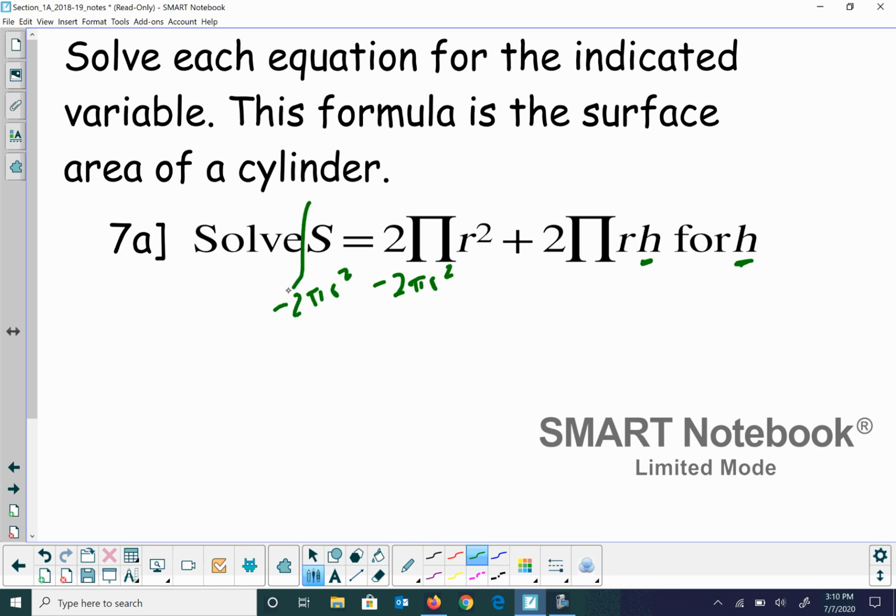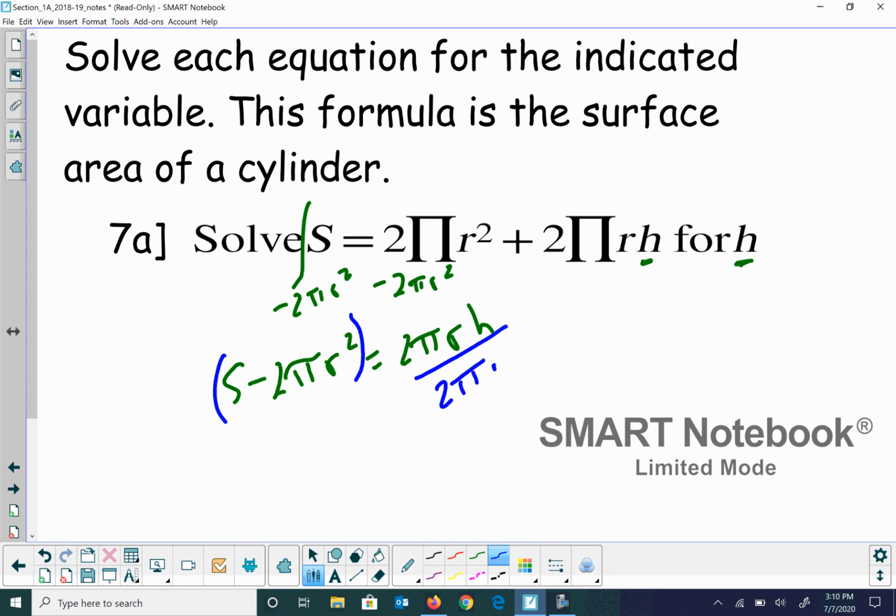And I have the s over here. So I'm going to get s minus 2 pi r squared equals 2 pi r h. Now, I'm going to put this whole thing in parentheses just like that, because now I want the h by itself. So if I divide both sides by 2 pi r,